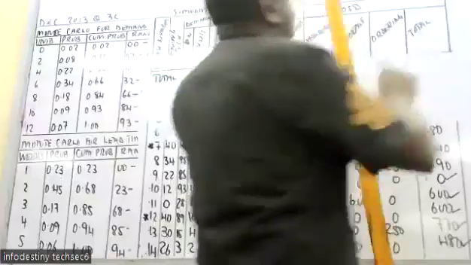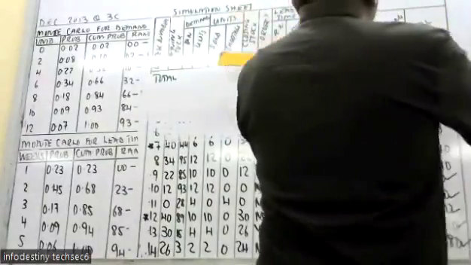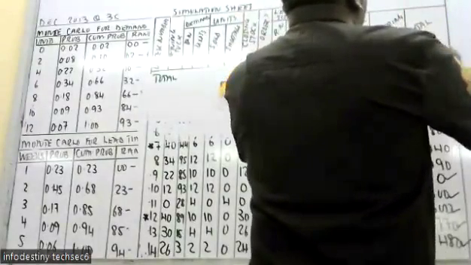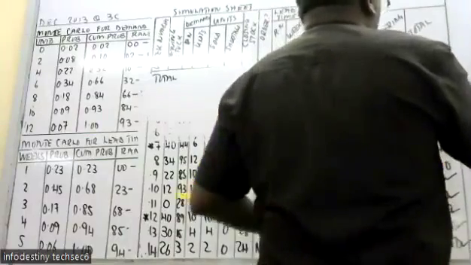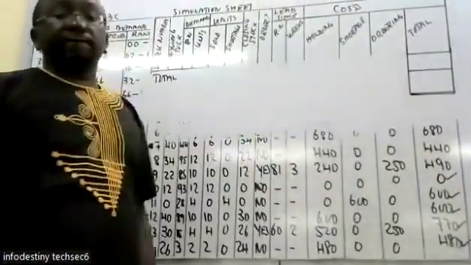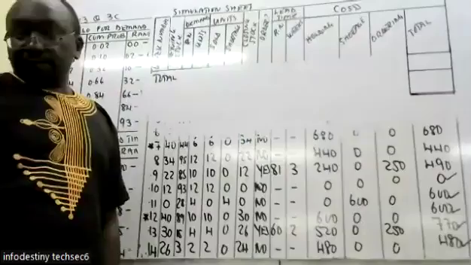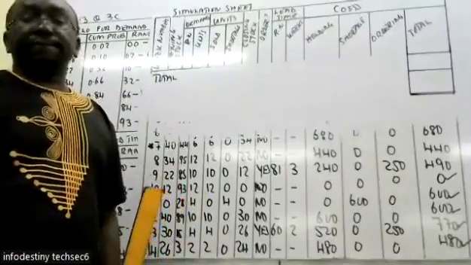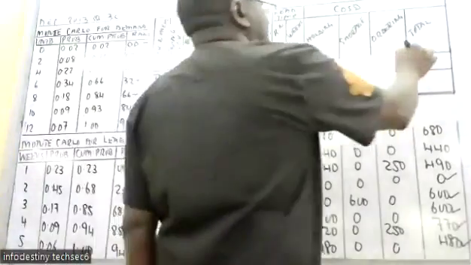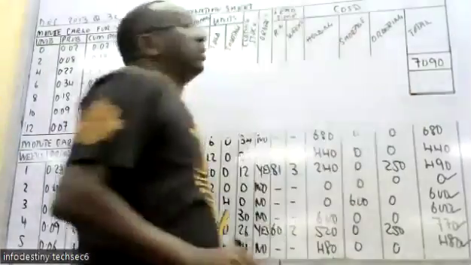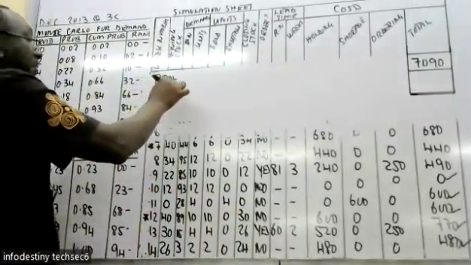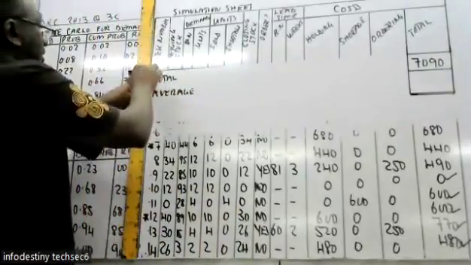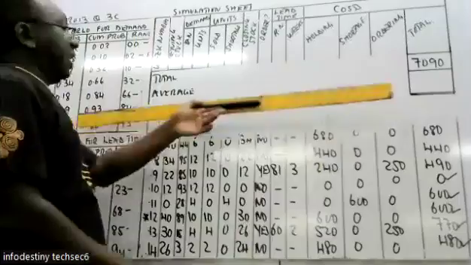Get the total of the totals. $70.90. That is the total. And the last thing that you are required to give us is average. That is the last thing that you're supposed to give us. So the average,